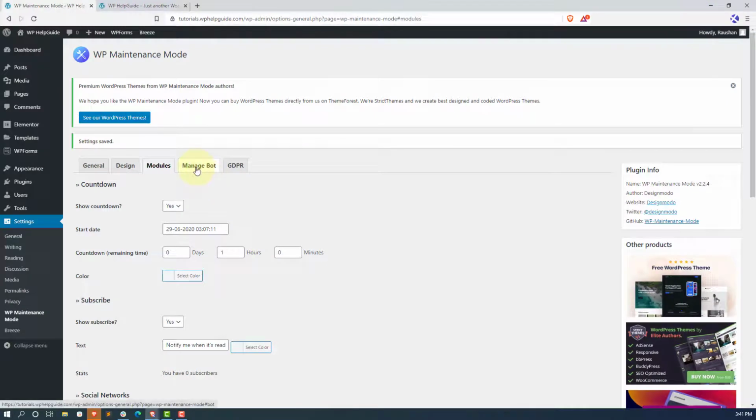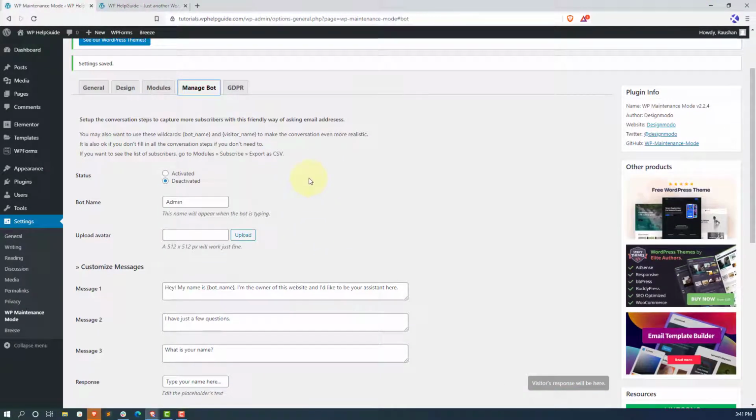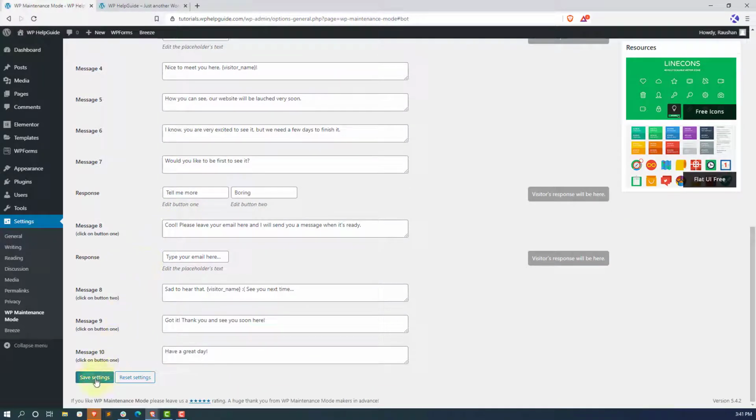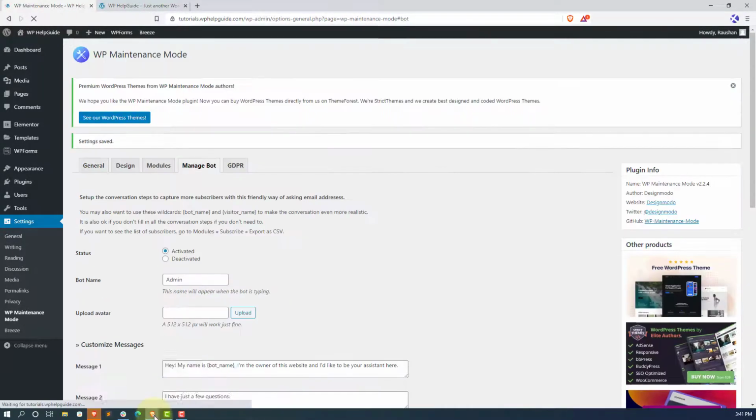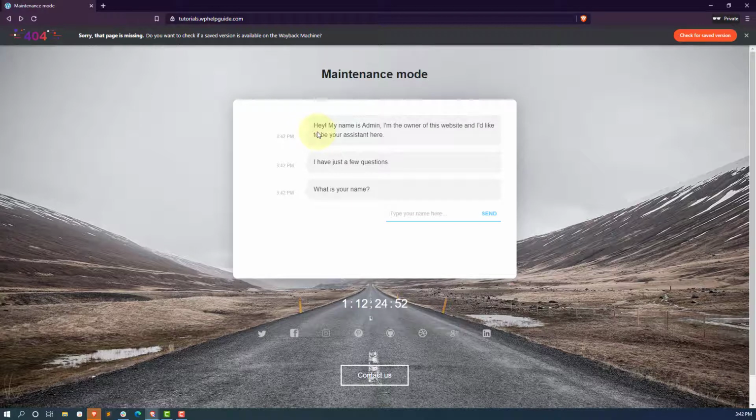The next option is manage bot. So from this option you can enable whether you want to display a bot on your website or not. So when you enable this option, activate it and click on save settings. So here you can see the bot is typing, and to the visitor it looks like someone is typing from the backend. So here your visitors can type their info,